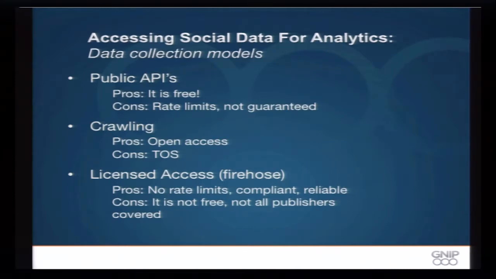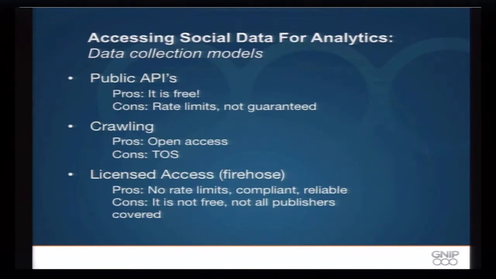Probably the most common way data is made available is through the social network's public APIs. The social network basically allows the public to come access its data. It puts out compliant data that meets its terms of service with its users. This is meant to seed innovation. It could help someone who wants to build an app, like an iPhone app, and needs a little bit of data to make a proof of concept. Maybe someone's looking at doing some analytics. It's meant to help seed and really infiltrate the market with their data so people can get a new perspective of what's going on.